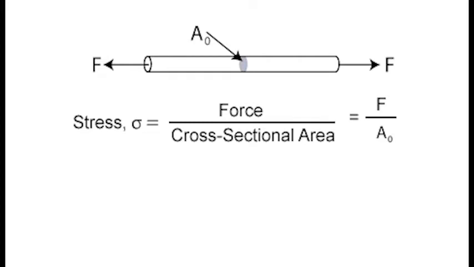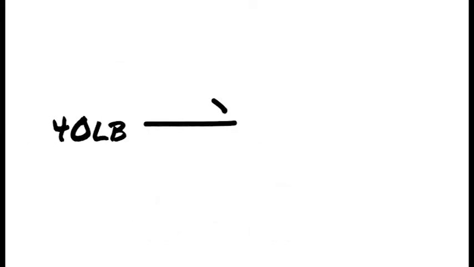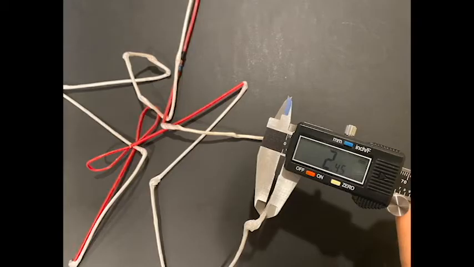Since stress is equal to force divided by cross-sectional area, we will need to put this into newtons and find the diameter of the bowstring. If we convert 40 pounds into newtons, we'll end up getting 177.9289 newtons. To find the cross-sectional area of the string, we first need to measure the diameter of the bowstring,